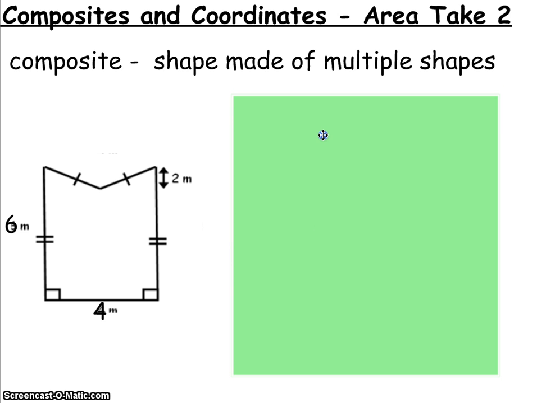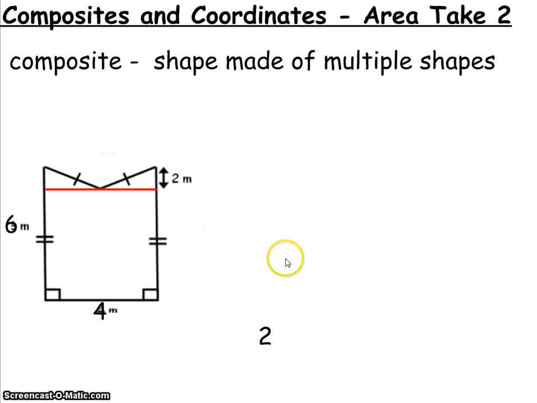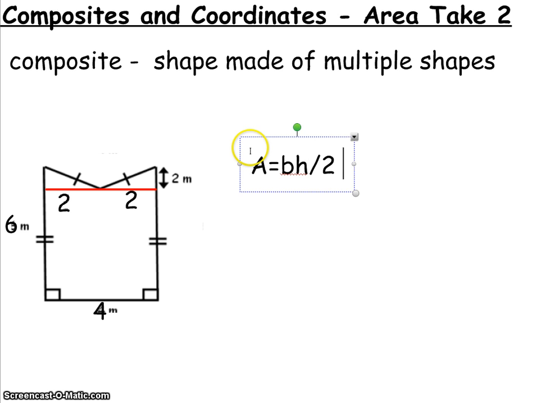The first thing that we're going to do is take a look at our shape. If I were to add this line right here, we now see that we have a rectangle and two triangles. Now based on this base being 4 meters, that means 2 is the base of this triangle, 2 is the base of this triangle. A triangle's area equals base times height divided by 2. So since there's two triangles, I can just multiply the base times the height,